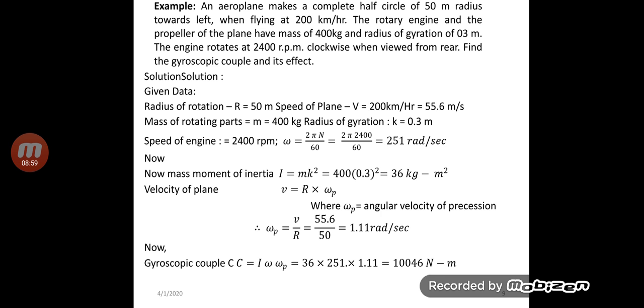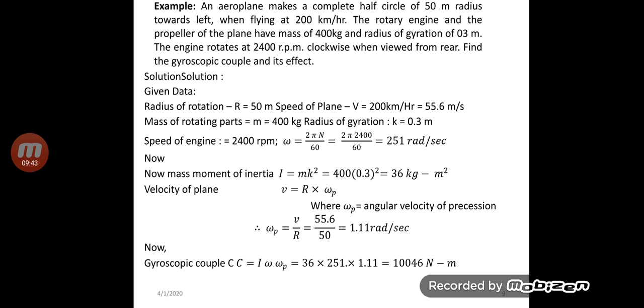The velocity of the plane v can be calculated. We know that v is equal to r into omega, where this omega we are now going to consider is omega p, that is the angular velocity of precession, the velocity by means of which the disc is taking the turn, that is, the axis of rotation is rotating along the vertical axis. Now this velocity can be calculated as v equal to r into omega p, where omega p is the angular velocity of precession. Now omega p is calculated as v by r. We have calculated v as 55.6, divided by r which is 50,